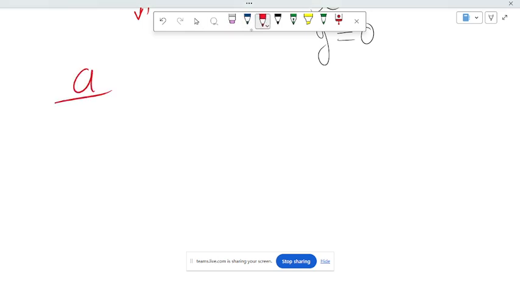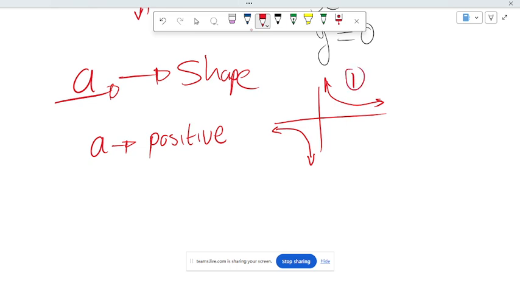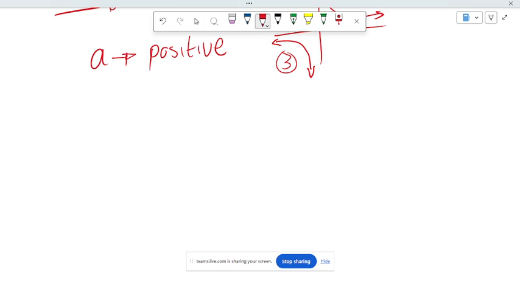So let's go through the effects of A. A determines the shape as well, right? A tells us the shape. In this case, if A is positive, the graph will lie on the first and third quadrant like this, right? If A is negative,